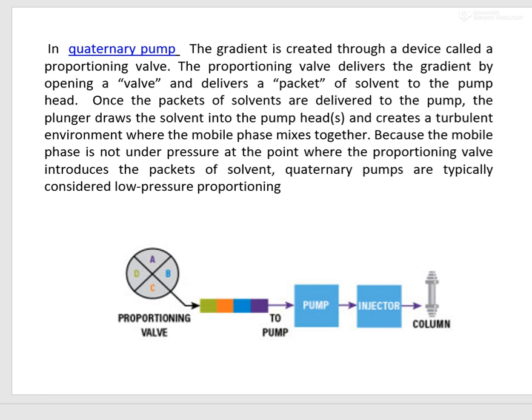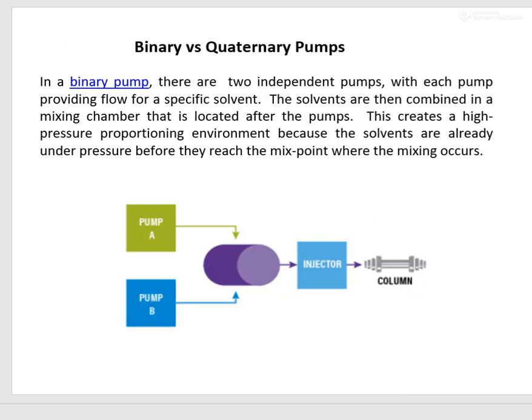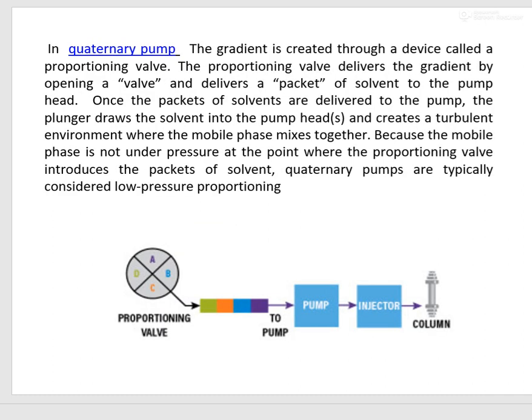So if we differentiate binary and quaternary, see here in binary, in this type of arrangement, pumps are before and mixing is done afterwards. So they are producing very high pressure, and here proportioning or mixing is done before and then it is passing through the pump.